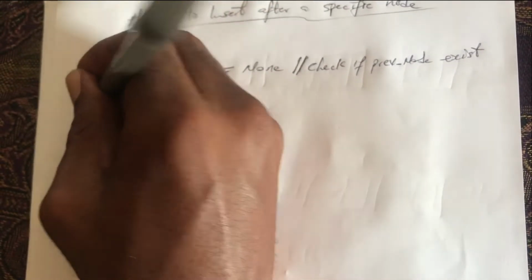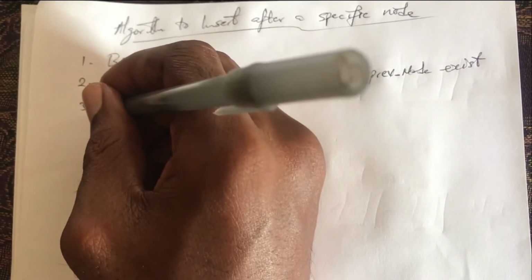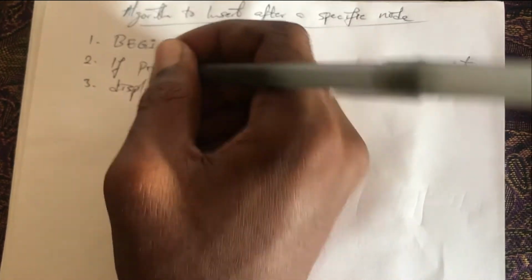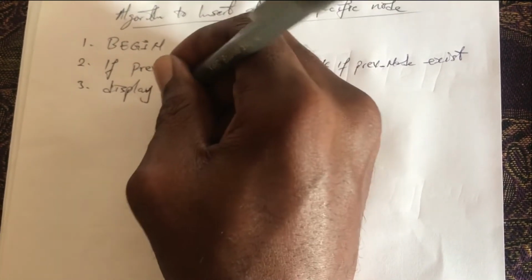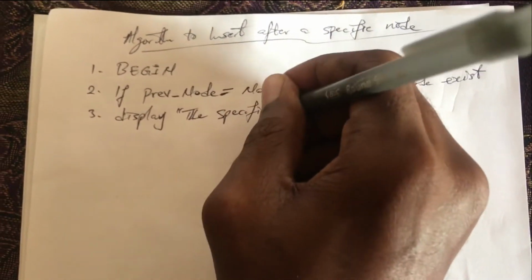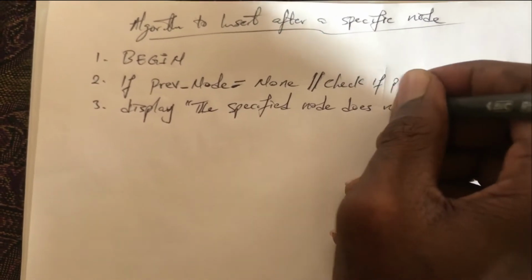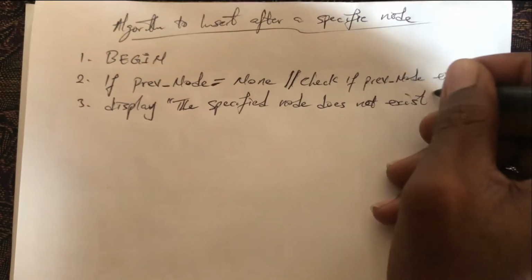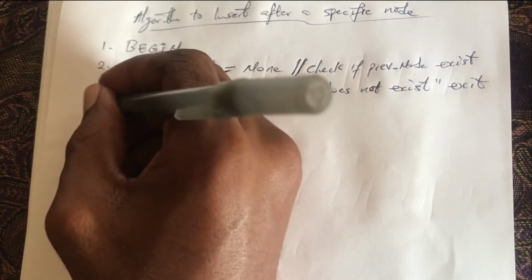Then if it doesn't exist, just display the specified node does not exist, right? Then exit the program. Else